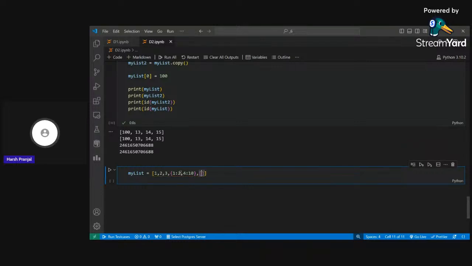Then again a list. In this case, instead of a shallow copy, we will need a deep copy. So how does that deep copy work? For that, we have to import a library. We have to take help from some pre-written code. The code for that deep copy is inside our